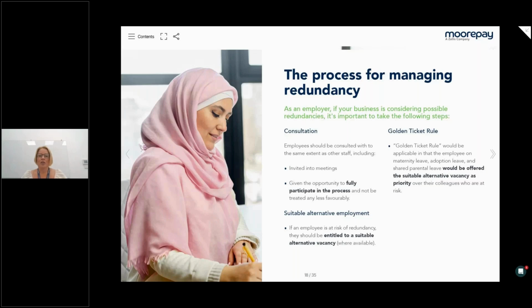Now, if you're not sure how that will work in reality, maybe you need the role before your maternity leave comes back from maternity leave or shared parental leave or adoption leave, just give us a call and we'll talk about the practicalities in more detail. But it's a tricky thing, and it has generally been there for many years, but it's just been extended, so it's the full 18 months now. Okay, so what else to consider?